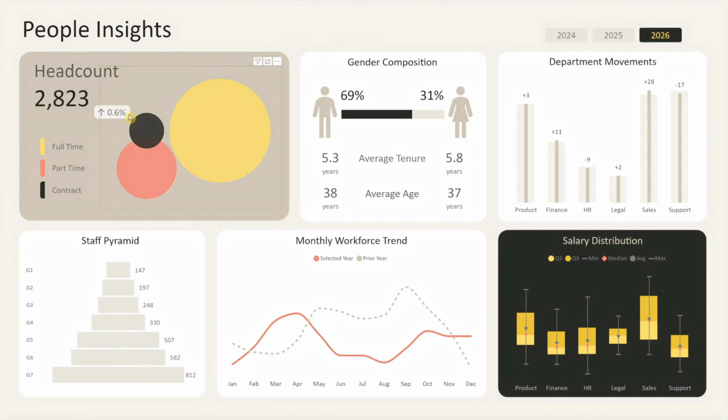Let's start with the first panel, which shows the total headcount for the selected year, along with the percentage variance compared to the prior year. Beside the total, you'll see three colored bubbles representing the different employment types. The size of each bubble reflects its proportion of the total workforce, allowing you to understand the overall employment mix at a glance. When you hover over any bubble, you can see the exact headcount and its percentage of the